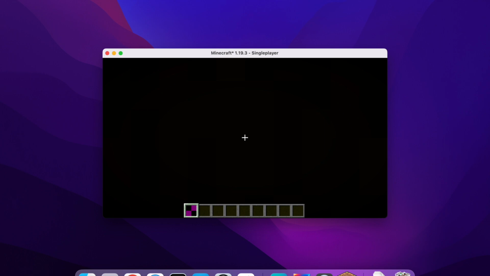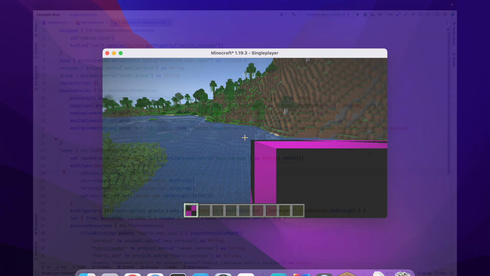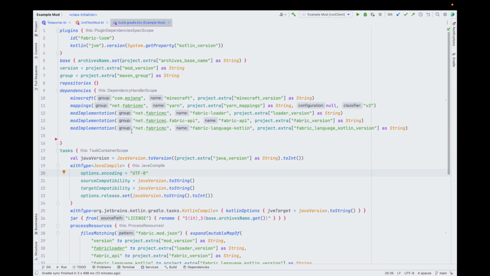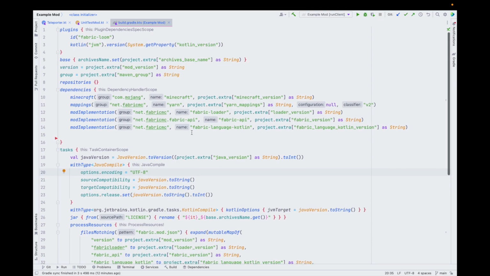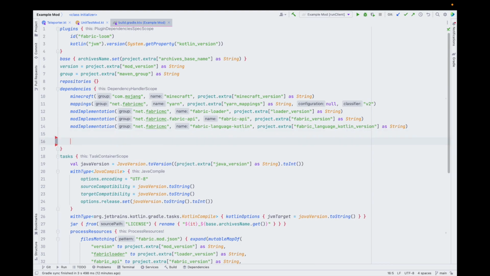So let's fix this, and by the way, let's create a unit test for this, so that we can make sure that it will never happen again. The sample modification project comes with no support for unit testing, so we need to add some dependencies to this. So let's start with JUnit, AssertJ,